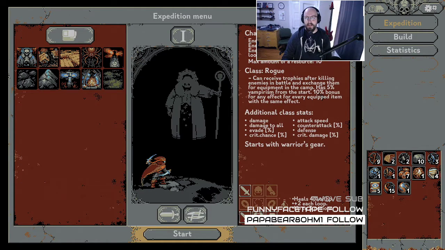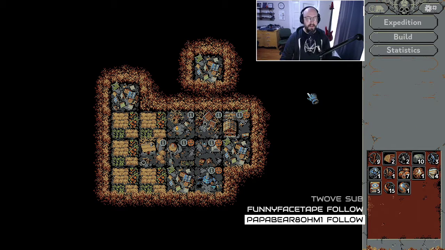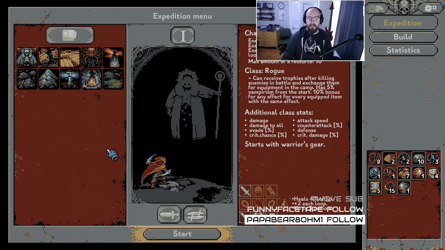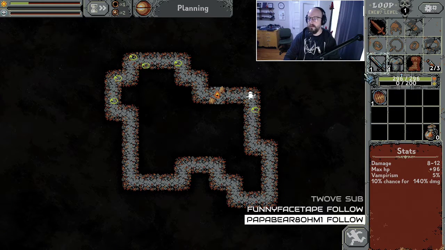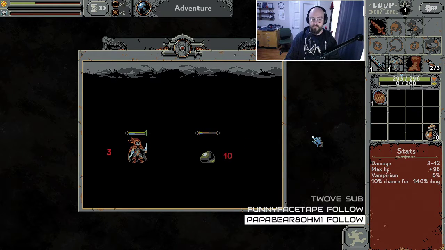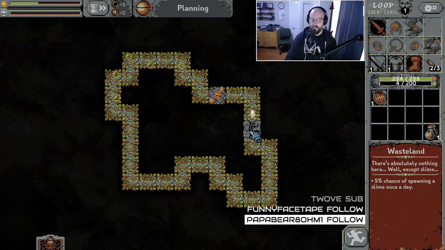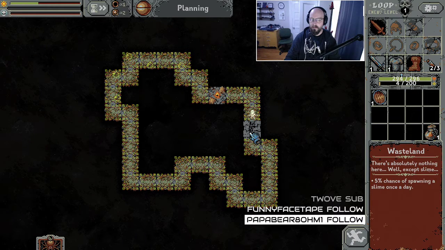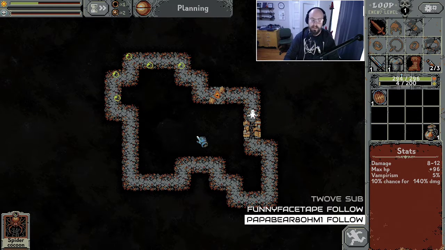I unlocked those by building the gymnasium, which unlocks the ability to gain special traits after killing monsters and expeditions. Basically, it unlocks XP and levels. This is going to be my first time doing an expedition with the rogue with the leveling thing, so I'm kind of excited. So the rogue is an unlockable class. That doesn't get gear from enemies. It gets...